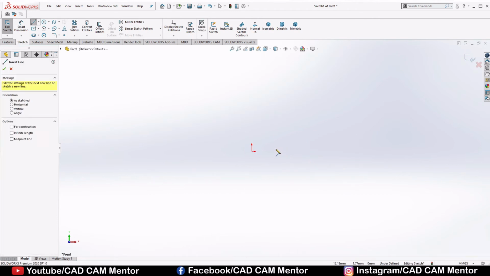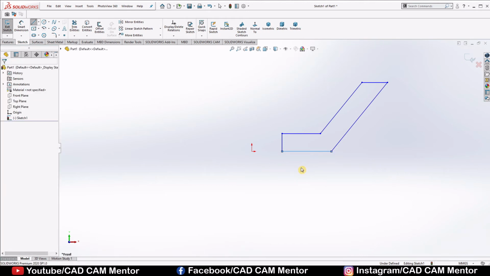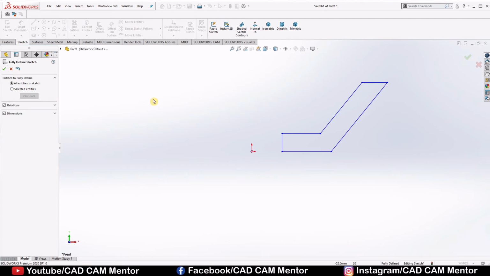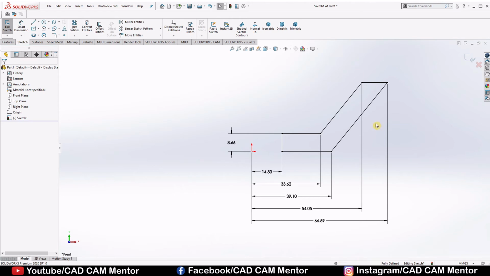Select Line. Again drop down Display/Delete Relations, select Fully Define Sketch, select Calculate and click OK here. Now the sketch is fully defined.